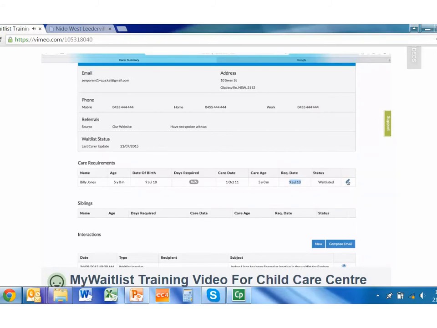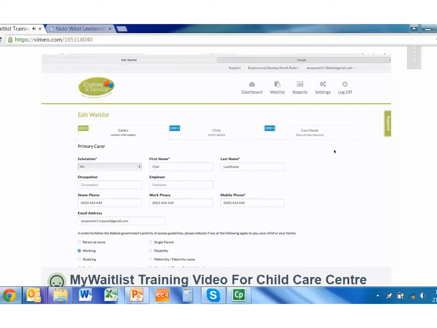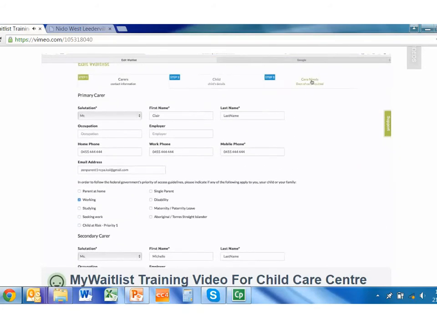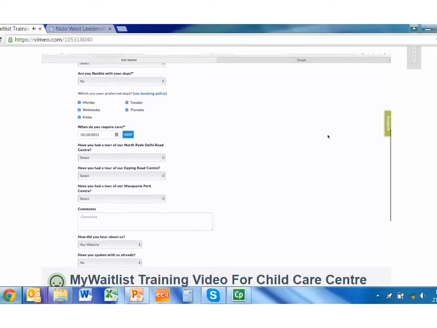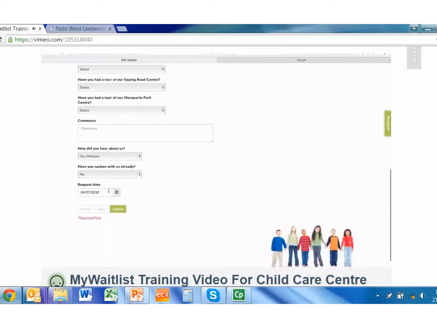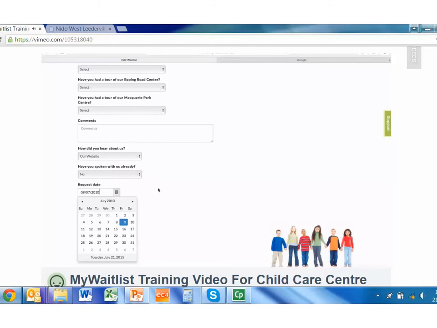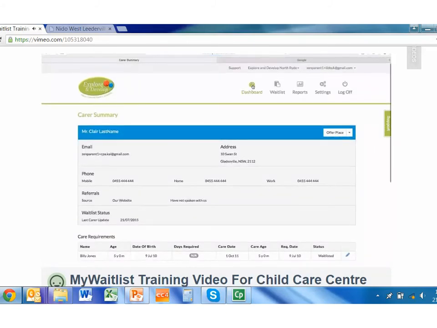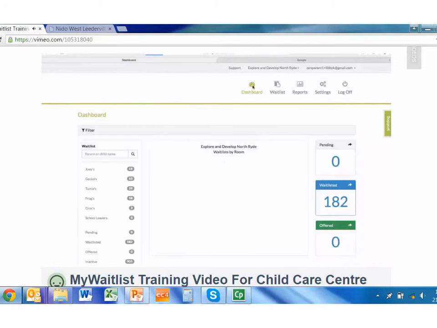With any element of the underlying form, you can always go to it by clicking on this little pencil, which is a little edit button, and you can come in and see the actual form that they completed, and you could, if you wished, come down to the actual request date here, and you could update that here to today's date if you wanted to do that. Obviously, only the administrator has got visibility of that particular field. So if I come back to the dashboard,